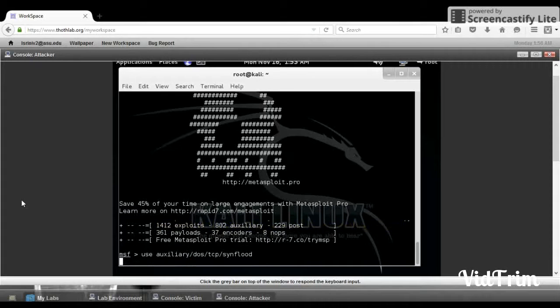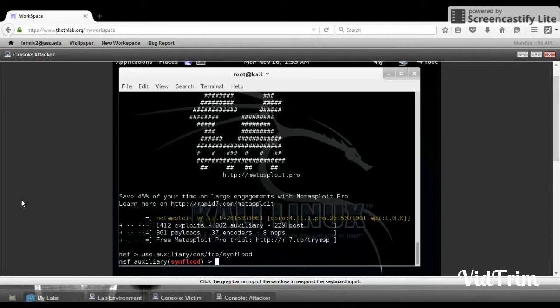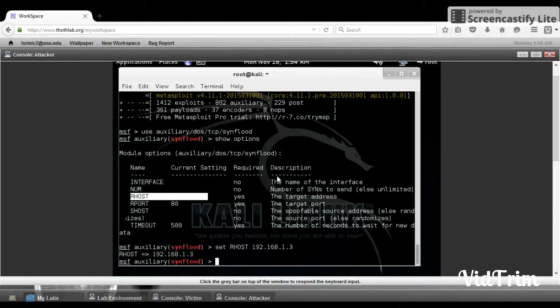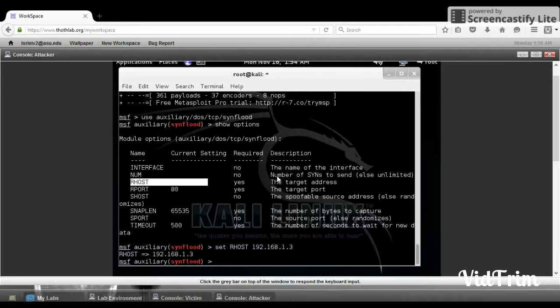This is a SYN flood attack, so you enter the auxiliary SYN flood module and then show options. It says RHOST and RPORT are required. So now set the RHOST to your victim IP and then run the exploit